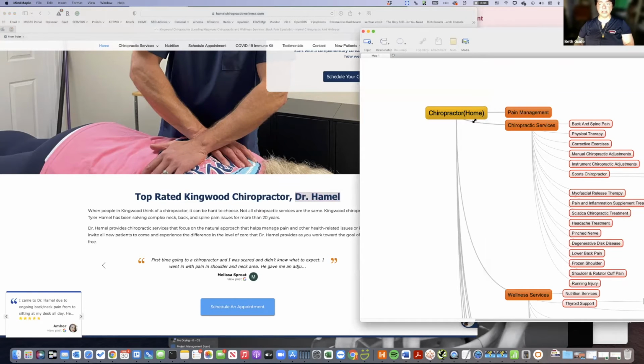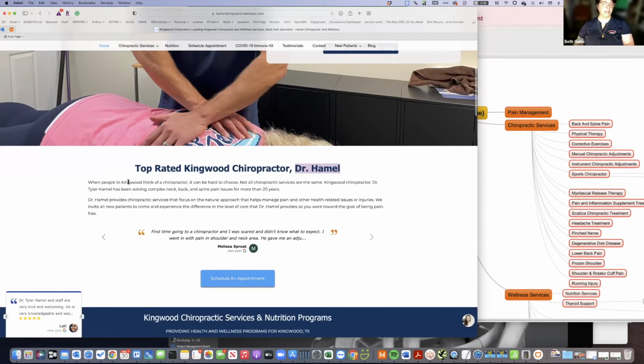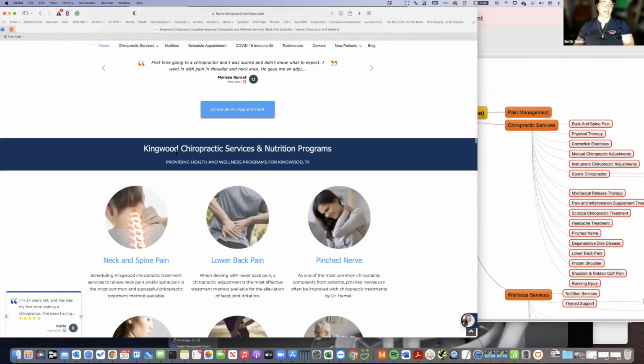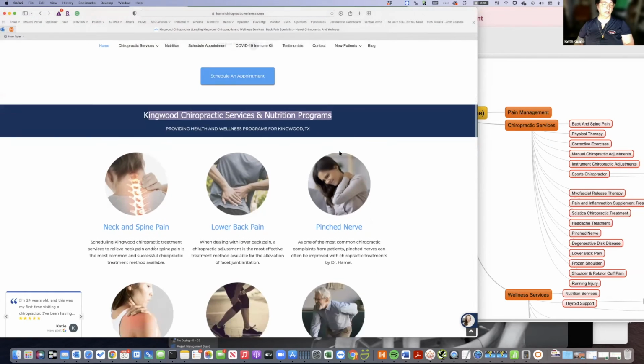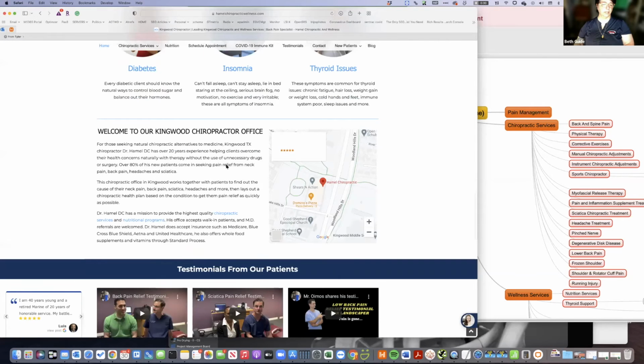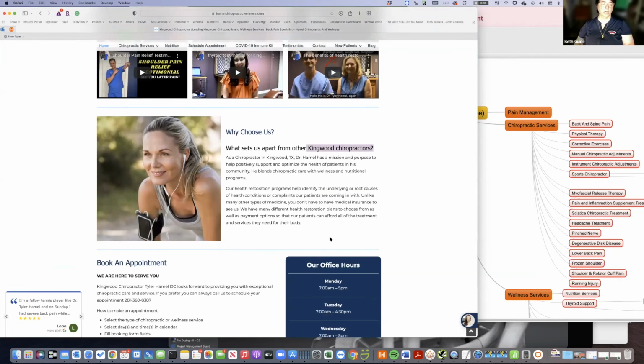So if you notice my homepage and it has the word home, we're going to go work on chiropractic terms. I have it here. I have it in the text here. I have it here. And again, these are in H2s. I have it down here. I need to fix this here and I need to fix this here. I have it here again. I need to actually add it a couple more times on this page, to be honest with you.